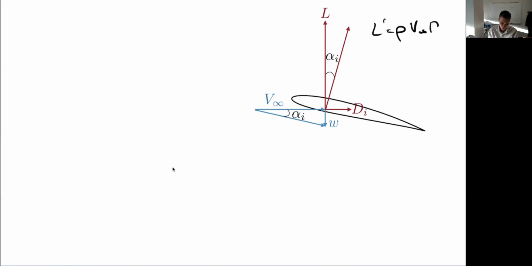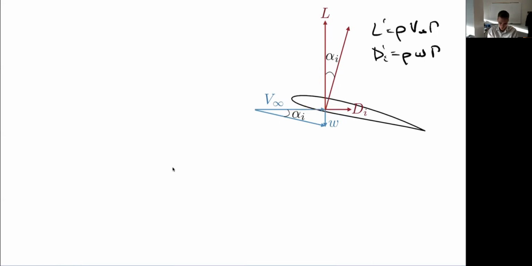But from Kutta-Joukowski, we could also take the cross product with w, and that would give us this drag component. So the drag here would be rho w times gamma. I do the cross product w cross gamma, into the page, which gives me a drag to the right. But what I notice here is if I draw my lift and my drag, lift is perpendicular to